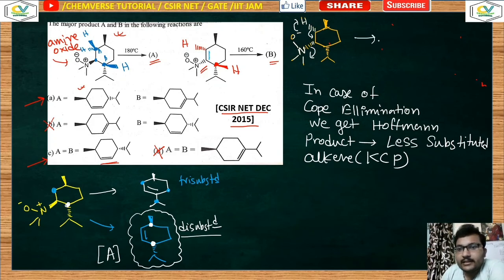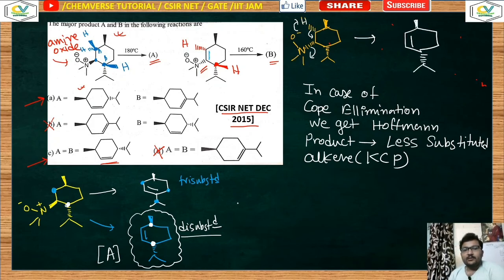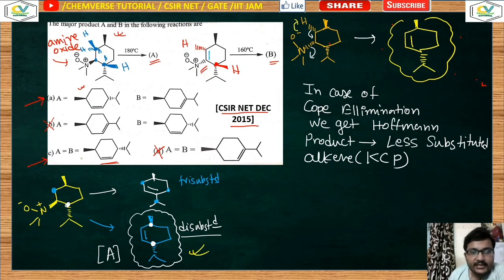As a result of that, you are getting this kind of product. These two are similar molecules, the same molecule. This one and this one are the same molecule. So option number C says that A and B both form the same molecule, that means this one. So from here I can say that your option number C is your correct answer, where both of them will lead to the formation of the same molecule.